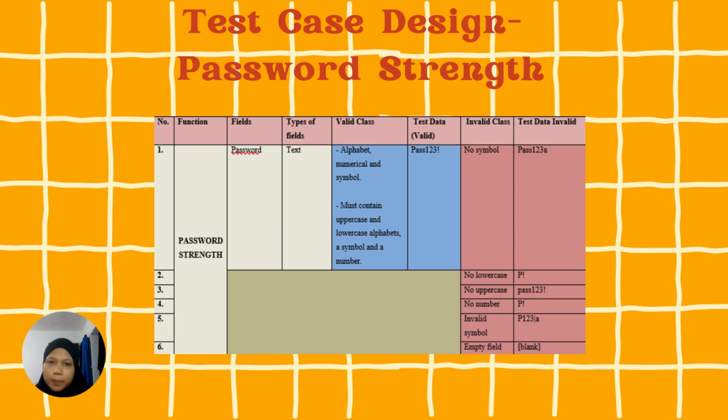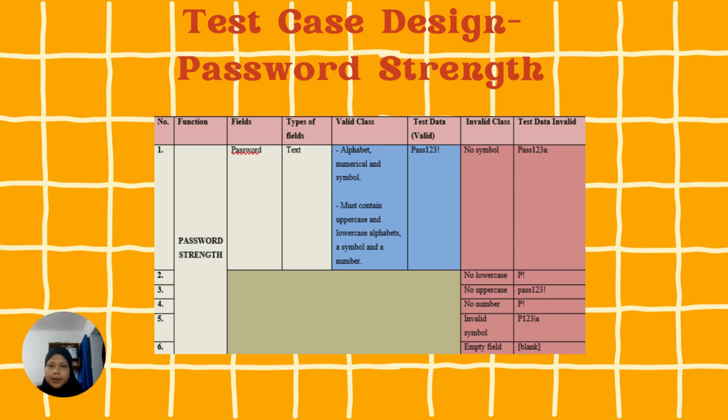Okay, we go to the password strength function, where a valid password must include uppercase and lowercase letters, at least one number and one special symbol. However, the password strength function is extended from the register. An example of a valid password is pass 1, 2, 3 with an exclamation mark, as it